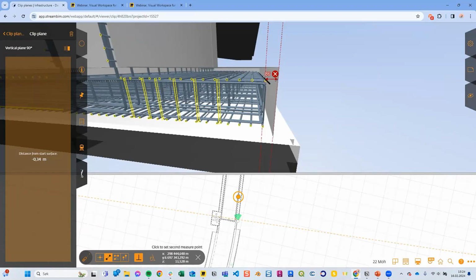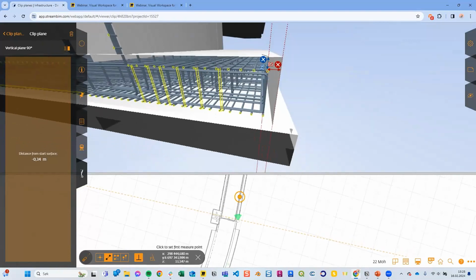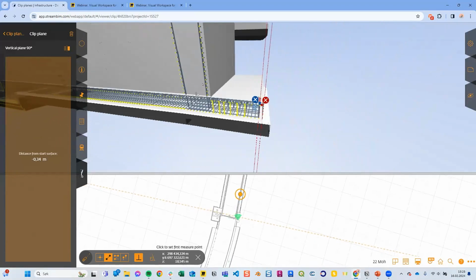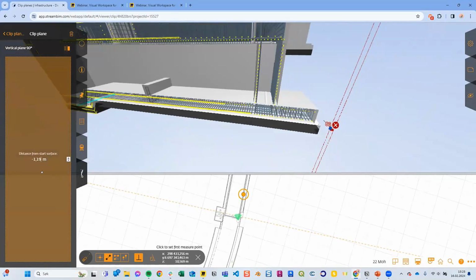So you can set these out as you want. And this is just as easy to do on tablets and phones. You have a magnifying glass, making sure that you are clicking on the right location and snapping to the right location when you are doing the measurement. I won't be able to show that here, but it should be tested out. Other than that, we have loads of ways that you can do measurements.